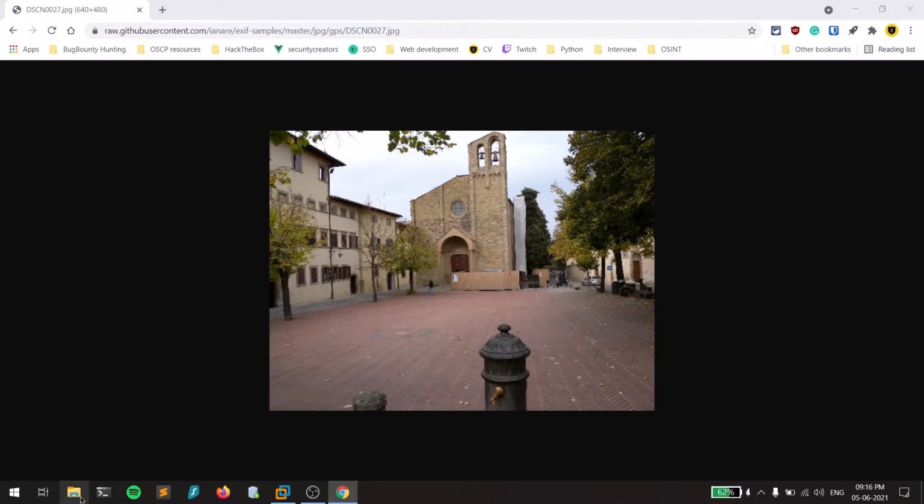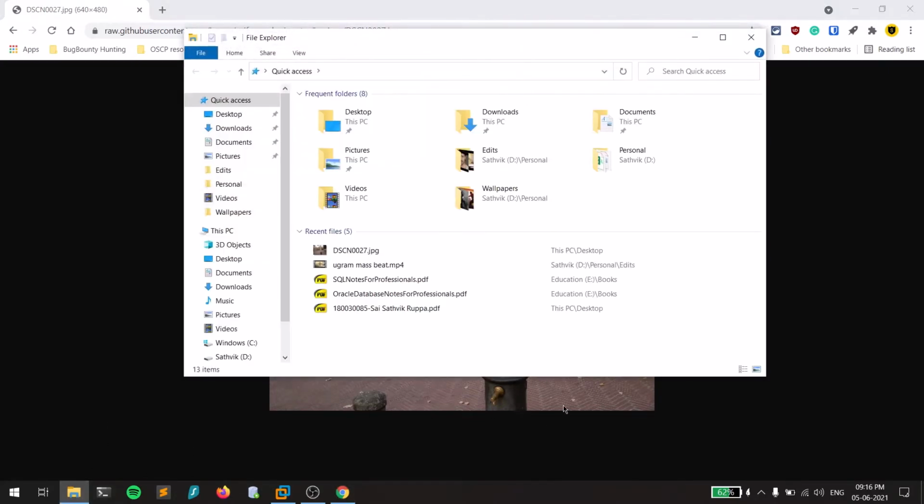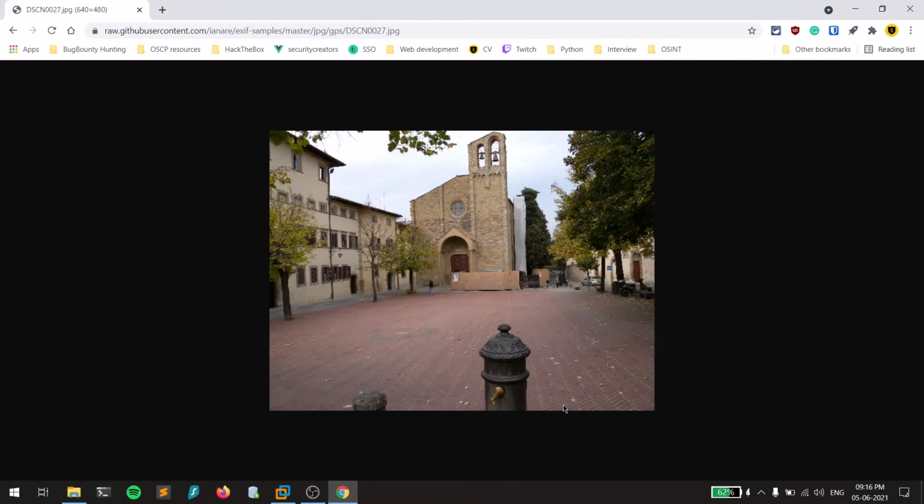The first and foremost thing, if you ask me what is EXIF data, EXIF data is nothing but metadata. If you ask me what is metadata, metadata is nothing but data about data. So guys, let's think this particular image is our data. The metadata in this case will be what this particular image was taken on, like mobile or camera, when it was taken, the timestamp, the location, the exact location and stuff.